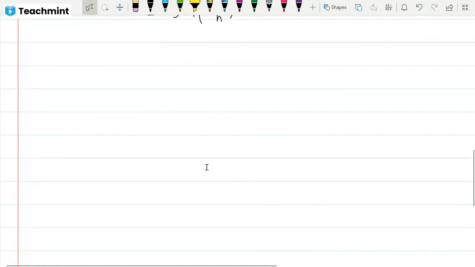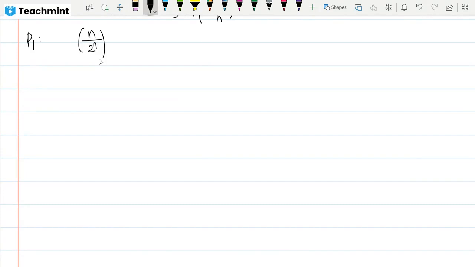I am writing a very simple problem first, and then we will increase the difficulty problem by problem, right? So now problem number 1, which I am calling P1. Test the convergence of the sequence n by 2 power n. Is this sequence convergent? If it is convergent, what is its limit? If it is convergent, then I can say the limit of the sequence also.